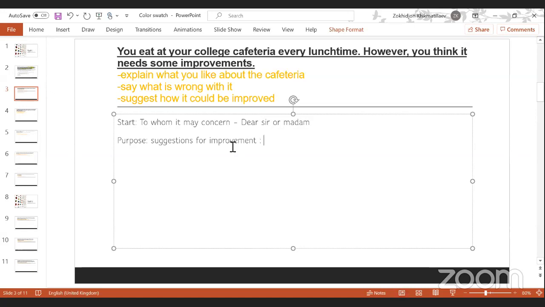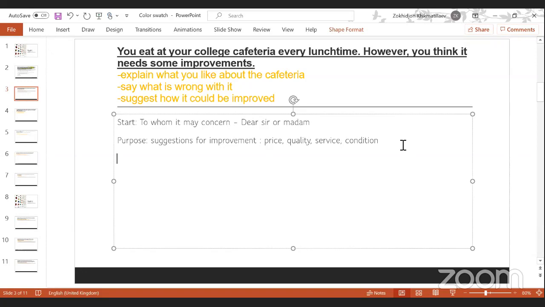Okay, what kind of improvements can there be? Yes, the price might be. Price, to lower it. Quality, service, maybe even condition because some of the cafeterias are really in poor condition. And maybe the chairs are broken, the plates are not good. So it's the main reason actually. The cafeteria should be clean. You don't need to write every single one of them because if you have 4 suggestions, it means you have to have 4 paragraphs. Pick 2 or 1, up to you.